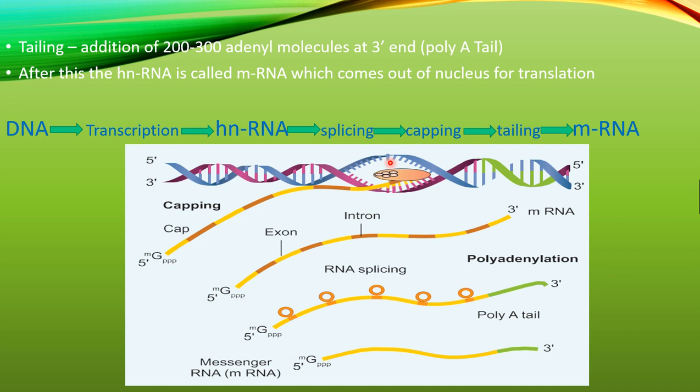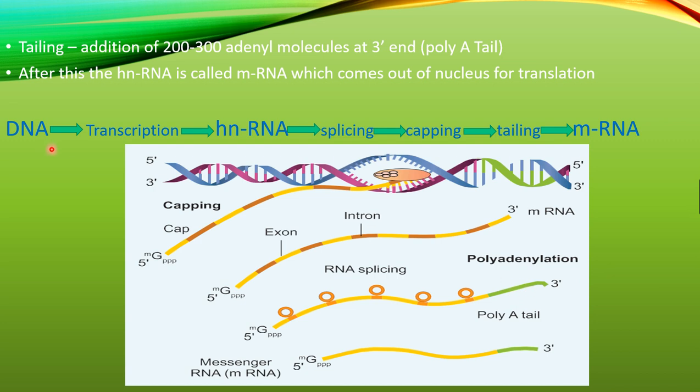So there are three important steps in the formation of RNA. This is the transcription bubble. RNA polymerase is attached here, and here the newly formed heterogeneous nuclear RNA consists of exons, the coding sequence, and introns in red, the non-coding sequence. What is the first step? RNA splicing, the removal of the intron. After that, at the 5' end methyl guanosine triphosphate is added as a cap, and at the 3' end, polyadenylation, 200 to 300 adenine molecules are added.